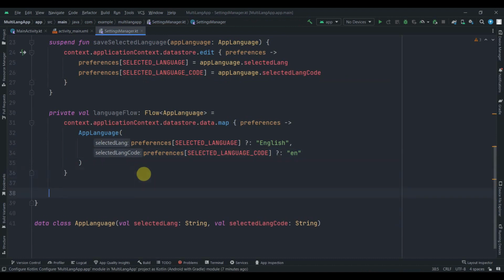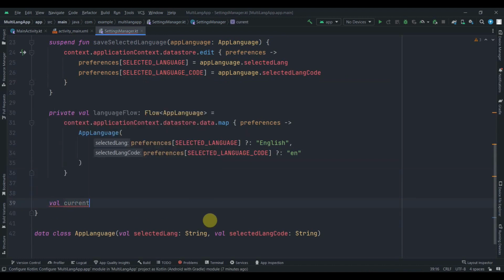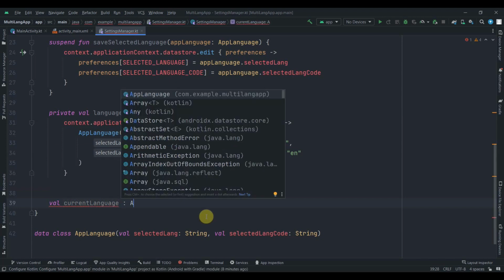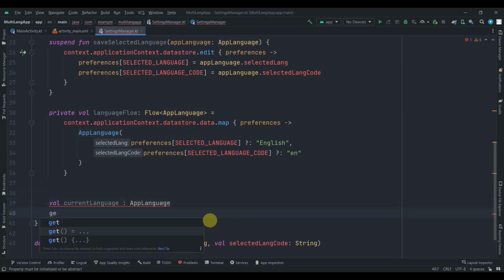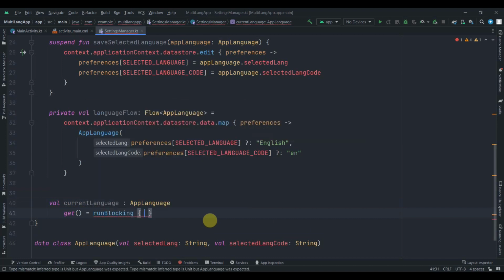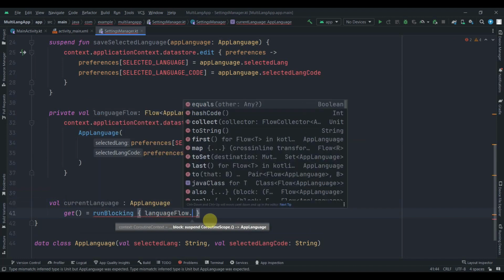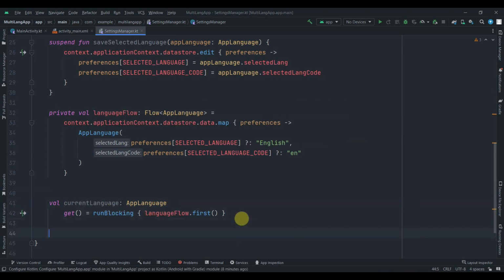Cool. So as we make it private, we also need to make one getter for it, so I'll write val current lang, and this will be of type app language. We'll use get function over here, get equals to, we'll use run blocking over here, and language flow dot first. Cool. So this is how we'll get current language. So why we use run blocking here, I will explain you later when we use this piece of code in